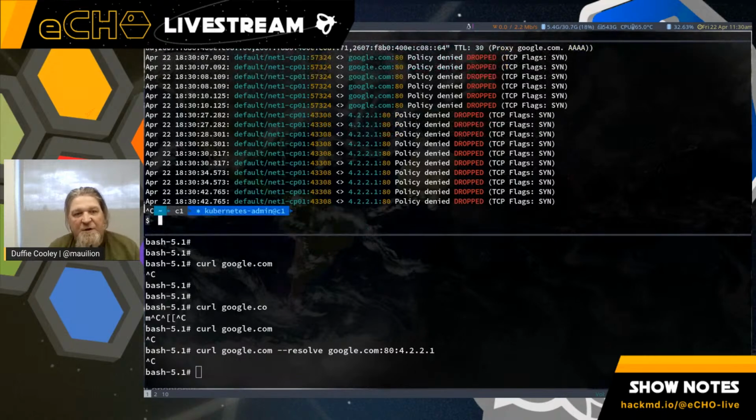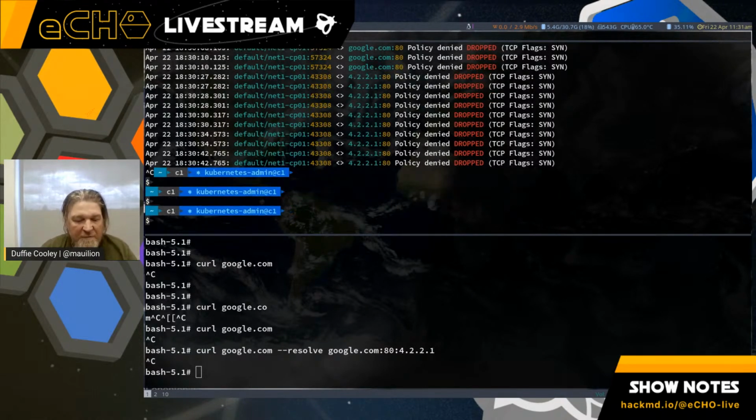Now there's a couple things I want to change about the world here. I want to change the timeout inside of FQDN policy, and then I also want to configure my own DNS name. So let's do one of those things first. Let's go ahead and do kubectl edit -n kube-system configmap coredns.